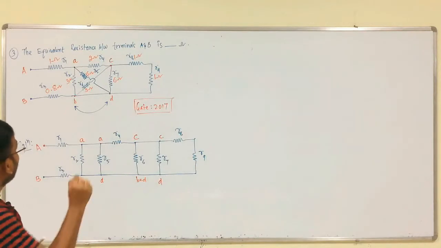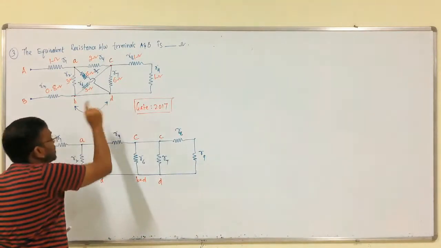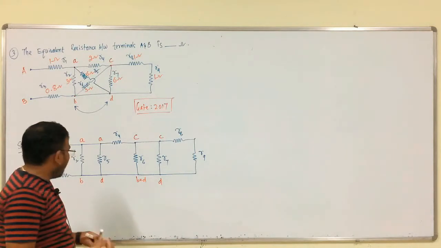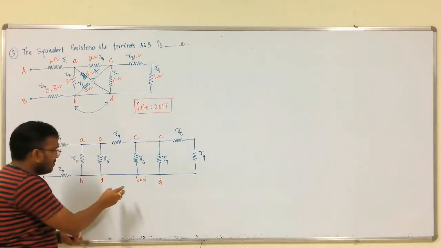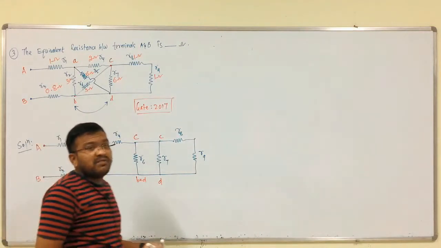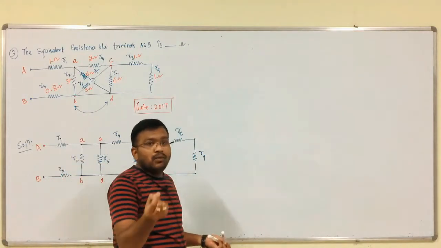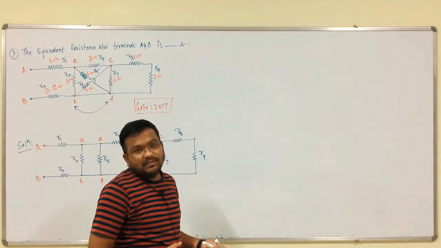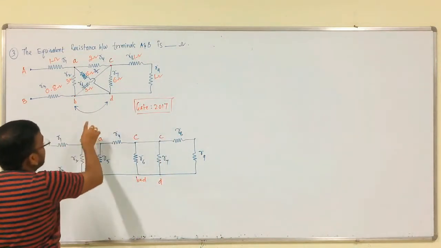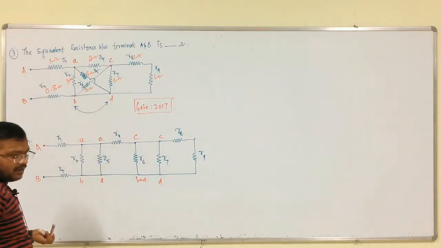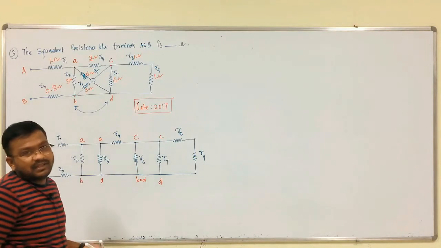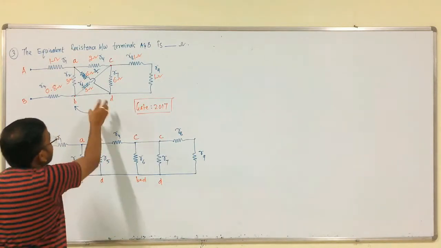So, if you put these nodes like this, you will get a better idea, a better clarification of the circuit. This is the simplified circuit from the given circuit. To get the simplified circuit you have to assume possible nodes, and with respect to those nodes you write the branches between those two assumed nodes, that is it. This is the simplified version of the given circuit.